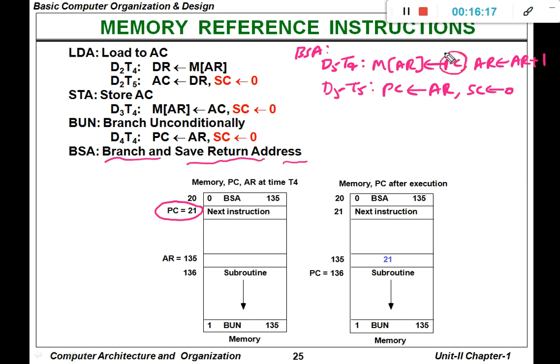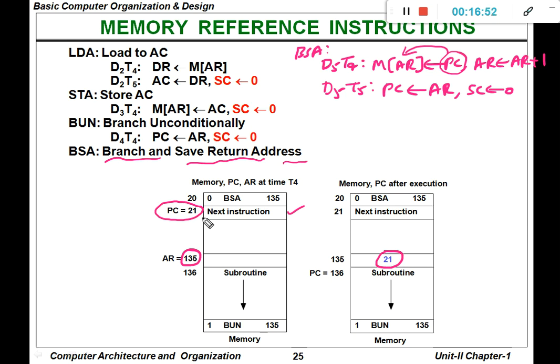So that particular PC value, where are we going to store it? We are going to store it in M of AR. What is the value of AR? Address register 135. Okay. So the value of the address register is 135. In address register 135, what are we storing? We are storing the program counter's address. Why are we storing the program counter's address? Because the next instruction is represented by